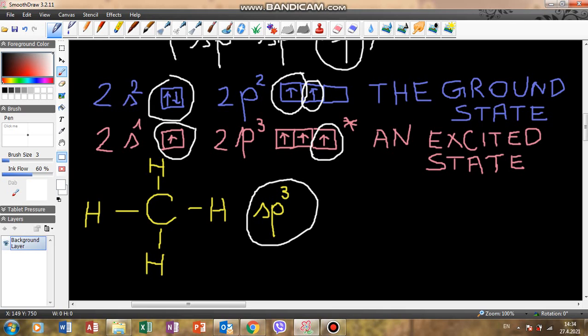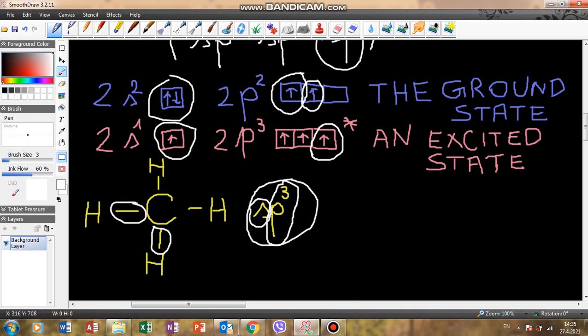So in sp3 type of hybridization, we have one s atomic orbital combining with 3 p atomic orbitals and giving 4 sp3 hybrid orbitals. In the case of sp3 hybridization, we have 4 electron density areas,